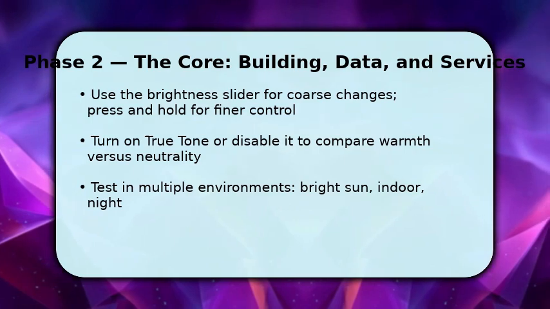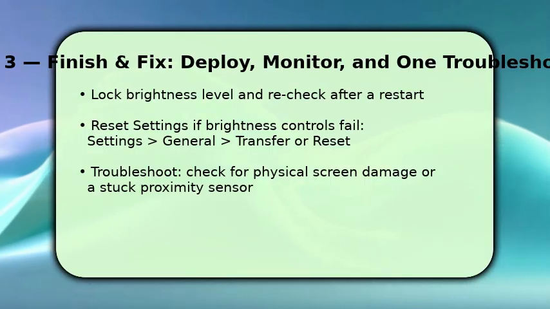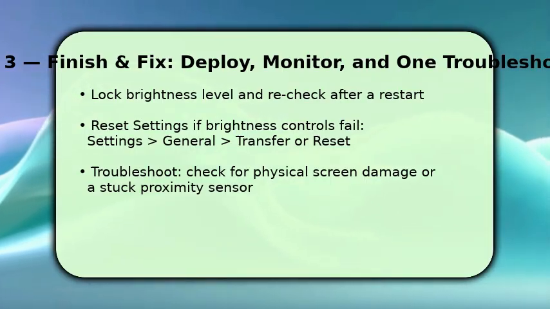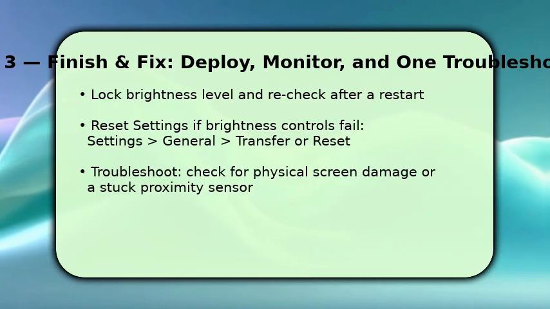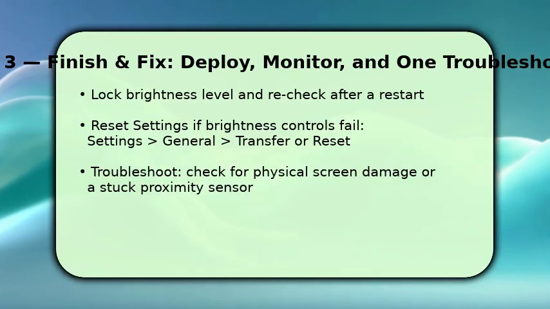Finish by locking in your chosen level and restarting the phone to confirm persistence. Some temporary states clear after a reboot. If sliders or auto brightness behave oddly, go to Settings, General, Transfer or Reset, then reset all settings to restore